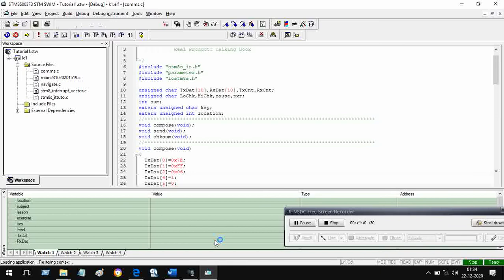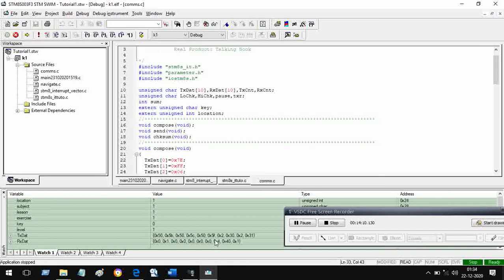It's over, all data has come. Fine. So this is what we get. Location, subject, lesson, exercise, key. I'm in the bottom window, left hand side, txdat and rxdat. So there are some random values here. Now I will reset it.